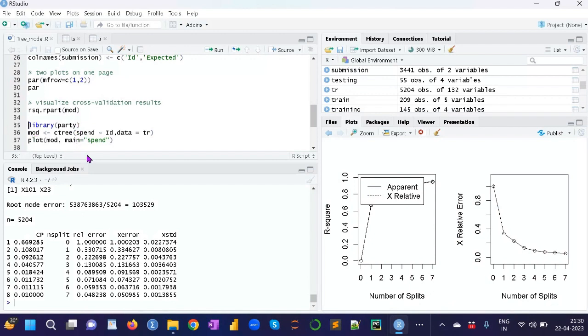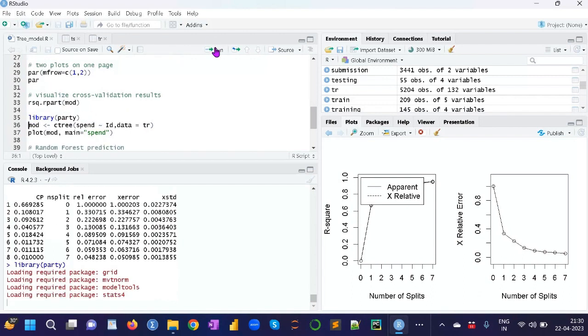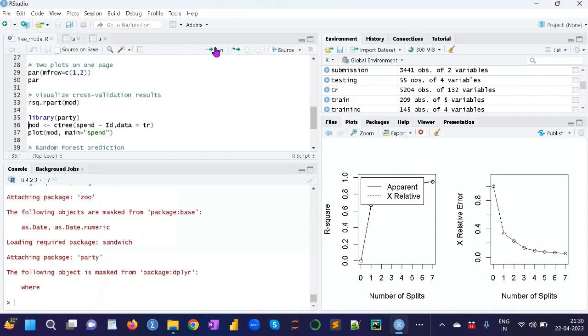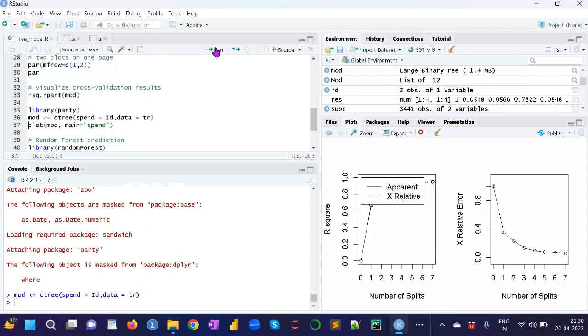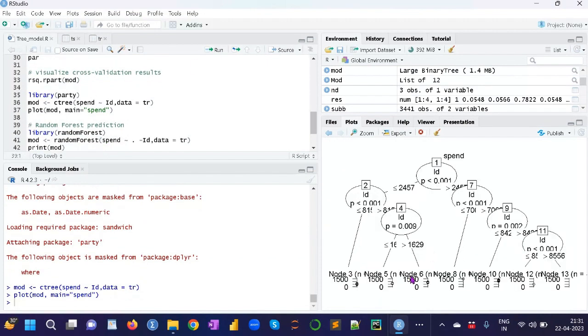Then I am using the library party. Party is used more if you want your data shown in tree format, so that's why we use the party library. It shows some warning. This is the tree structure, the expand data; it shows the tree.